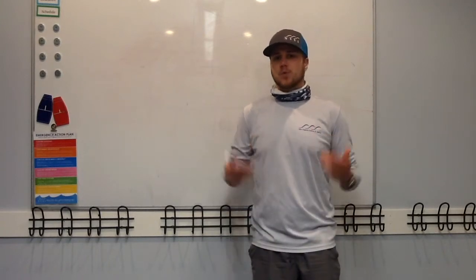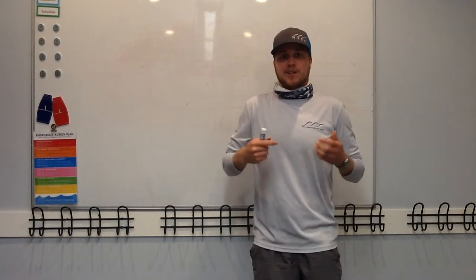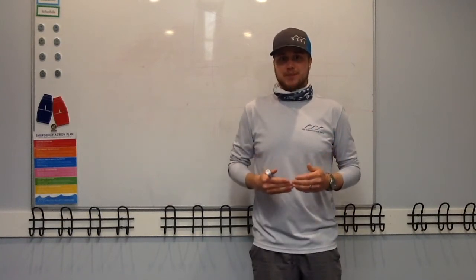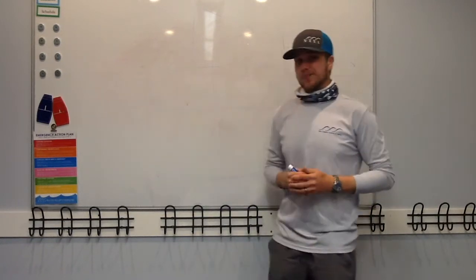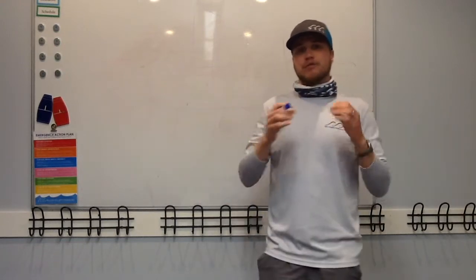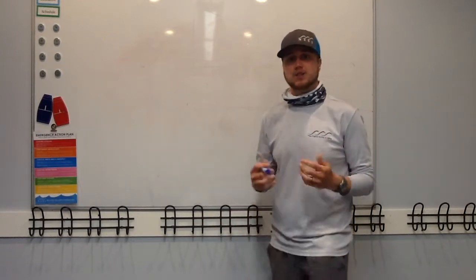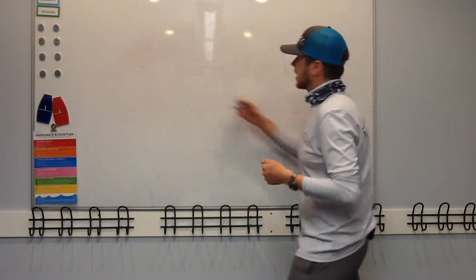So, have you ever wondered how a boat actually floats? Well, there's a lot of forces at play when we talk about a boat floating or sailing on the water. When we think of the word force, most people, including myself, the first force that we think about is gravity. And gravity is at play. If we have a boat